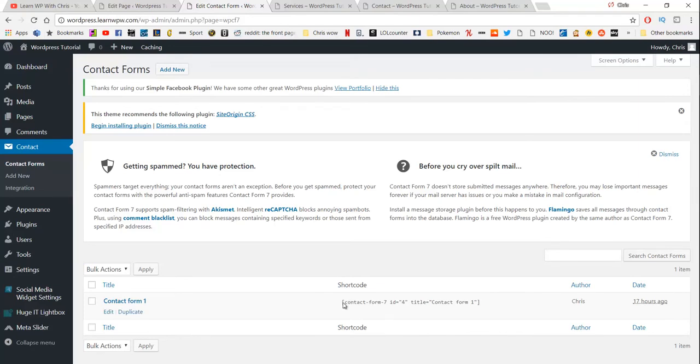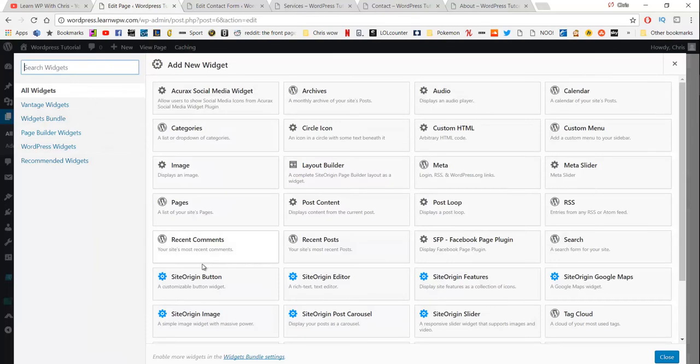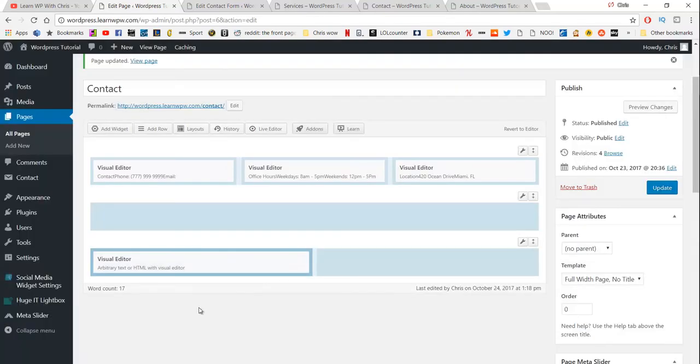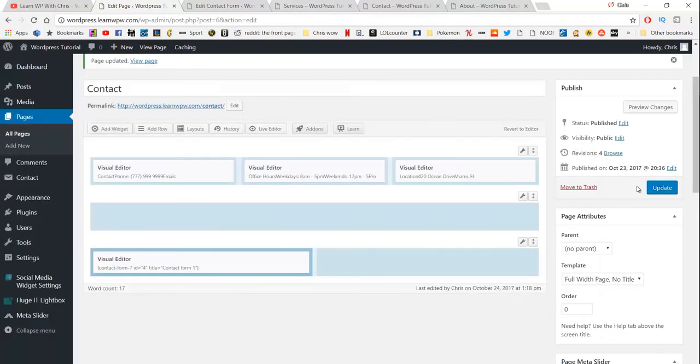And you see this short code here, we're going to have to copy that, and we're going to take it back to this page here, and we are going to add a widget to the bottom left, and it's going to be a visual editor. And if we click edit on the visual editor, make sure that it clicks on this visual tab here, not on text but on visual. And if we paste that shortcode where it says this little bit of code here, and then we click done and then update,